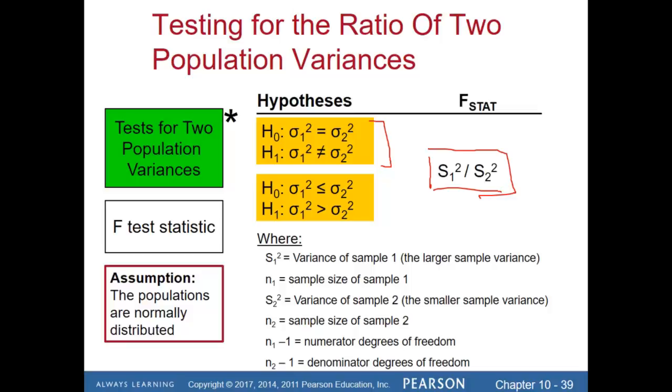And so our alternative hypothesis then is that they are not equal to one another. We can also do a one-tailed test where we are hypothesizing that the variance of one population is less than or equal to another. And the alternative then is that the variance of the first population is greater than the second one. Normally, when we are doing one-tailed tests, testing population variances, we do like to structure our alternative hypothesis